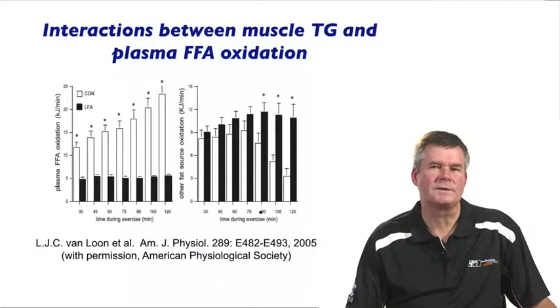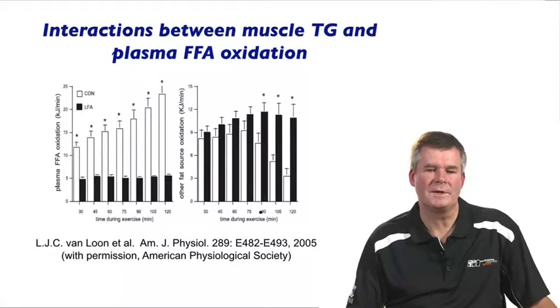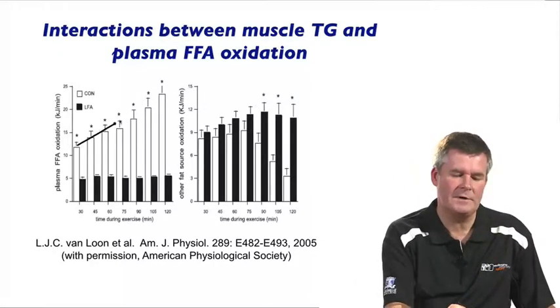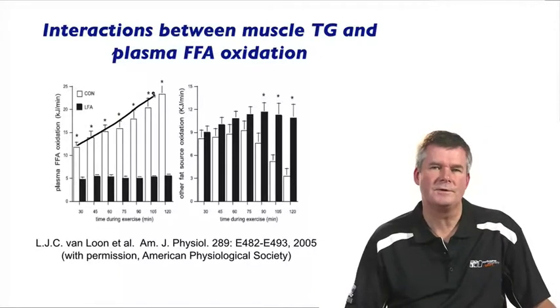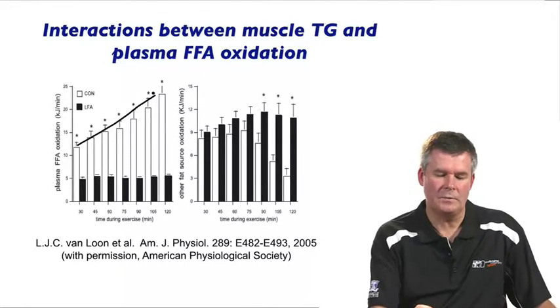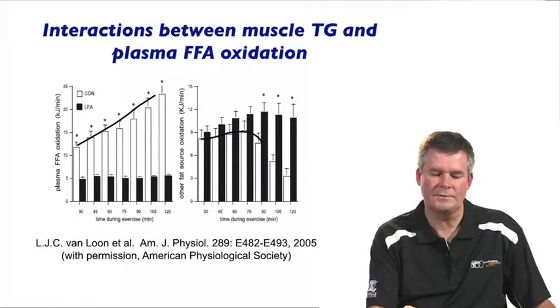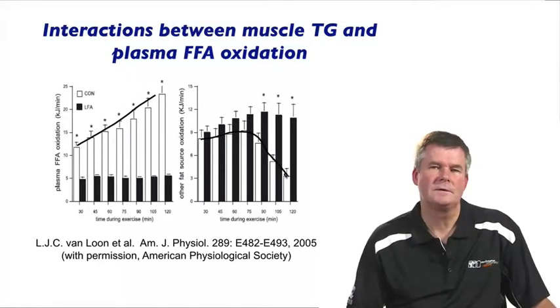This is a somewhat complex slide, but it demonstrates the interactions between the oxidation of fats from the blood and fatty acids derived from the muscle. In a normal situation, over time, as I showed you in the previous slide, you can see a progressive increase in fat oxidation of fatty acids derived from the plasma. And that's associated with a breakdown of muscle triglycerides, which then declines as the increase in fatty acid oxidation from